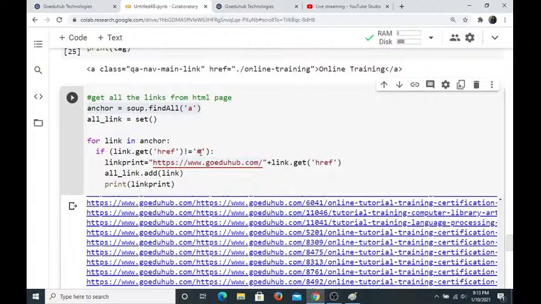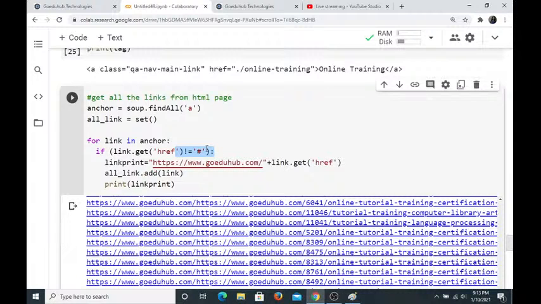So here we first store the links into the anchor, and then we put a loop on it, and we use this hash many times. We check if the link is not empty, then we add the base address to the link. Okay, these are the things we can do